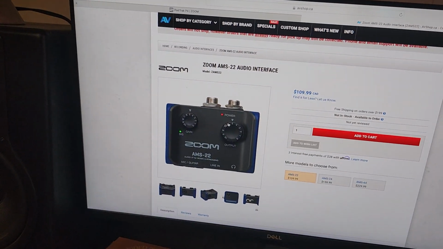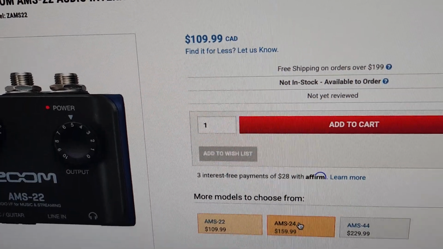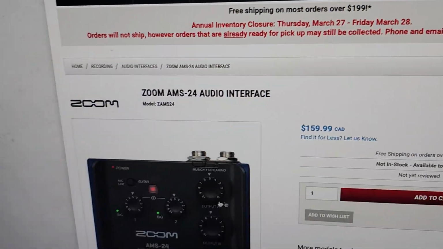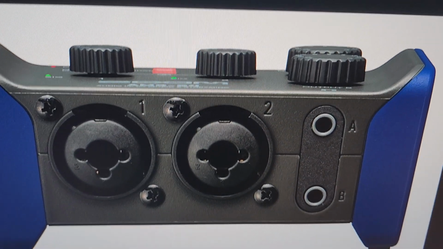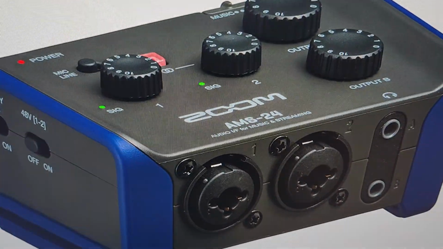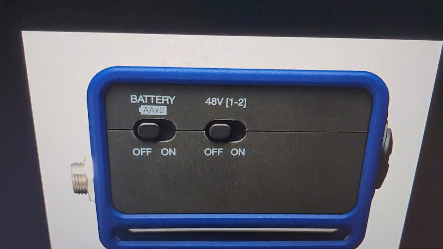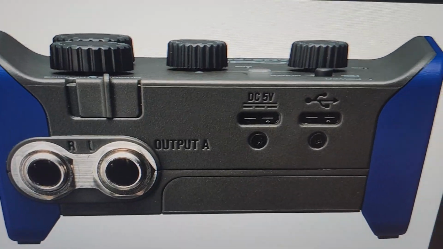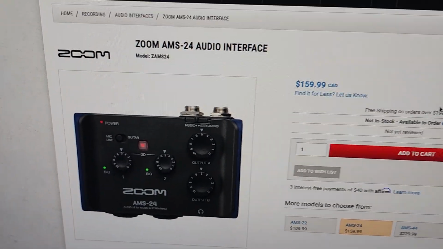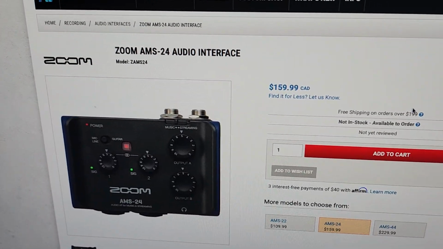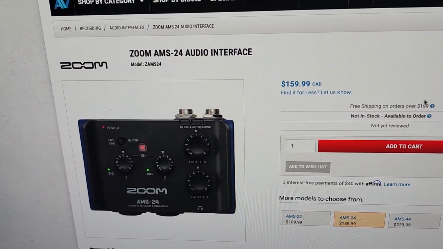So they recommended that, or the next one up, which is the AMS-24, which is $50 more and substantially better. It's got much better connectors, as you can see. It's got proper 1/4 inch and XLR and combi jacks. So for $50 more, if you're going to buy one, you buy this bad boy, right? So this was a way to go. And who knows, maybe I still pick one of these up because it looks handy as hell, all right?